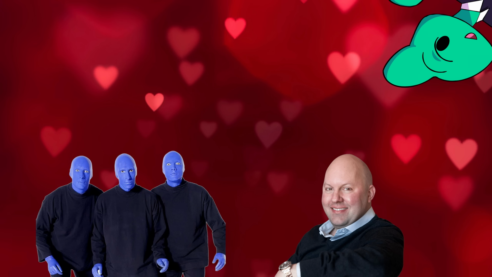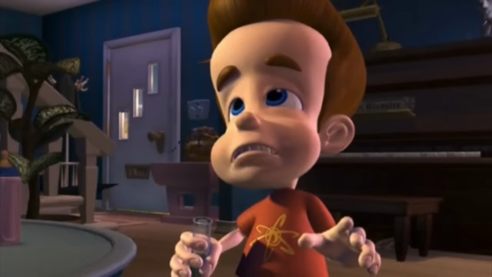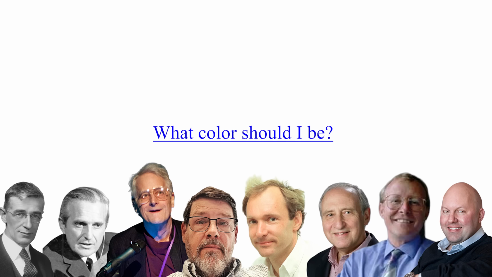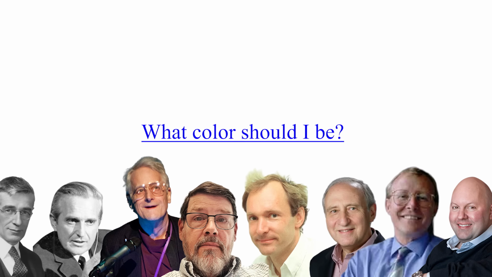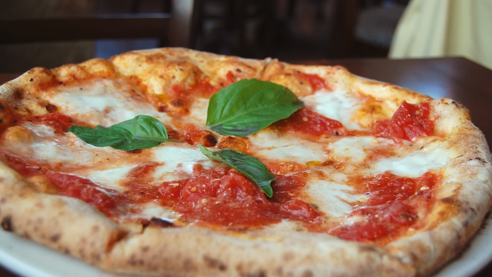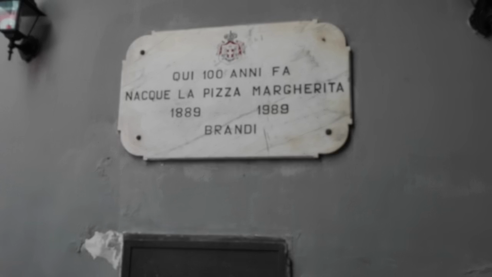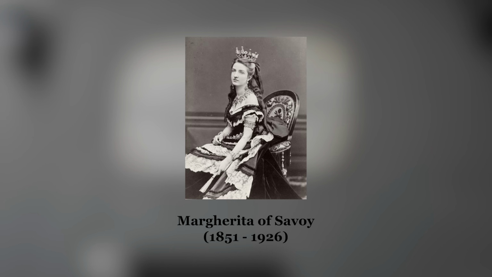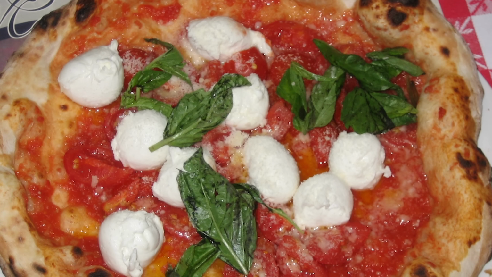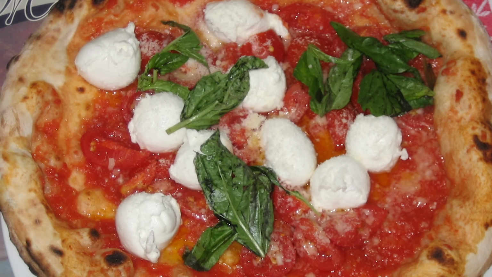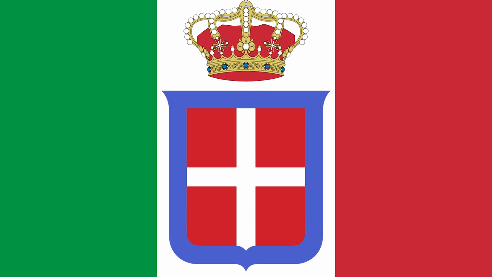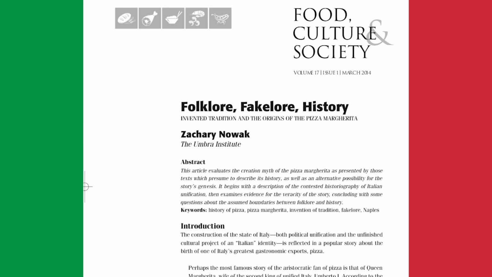The purpose of this story isn't to definitively find who thought of blue hyperlinks first, but more so to show that innovation isn't always a eureka or an aha moment, but instead the result of a lot of people asking the same question. It sort of reminds me of pizza margherita, a Neapolitan dish that was said to be the invention of an Italian chef in the late 1880s to honor Queen Margherita. The pizza was topped with basil, mozzarella, and tomatoes, green, white, and red, the colors of the newly unified Italian nation. Yeah, it turns out pizzas with those toppings were being made all the time in the century before.